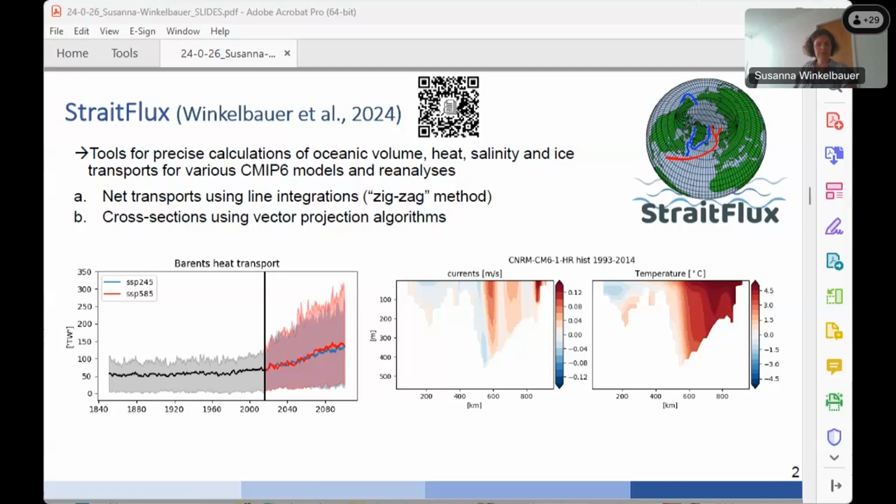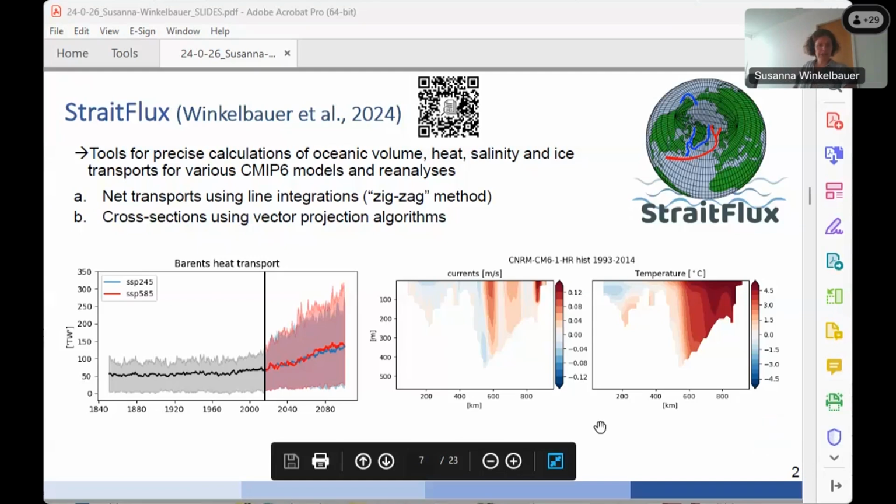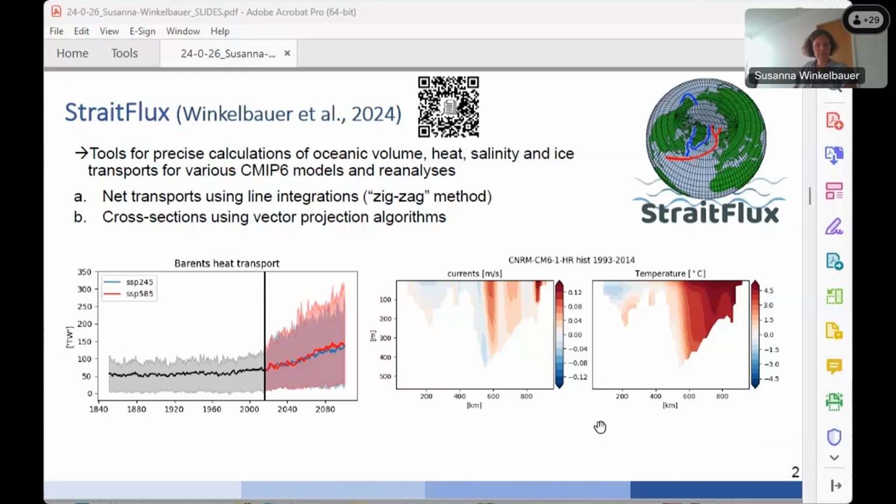We can quite nicely see those inflowing branches in the southeastern part of the Barents Sea opening, where warmer waters from the North Atlantic move towards the Arctic. And to the left, we can see those net integrated transports for the historical period in black and two SSP scenarios in red and blue. So we can see those clear trends in heat transports in the Barents Sea. And now using the sections, we can assess and try to find where those trends are coming from.